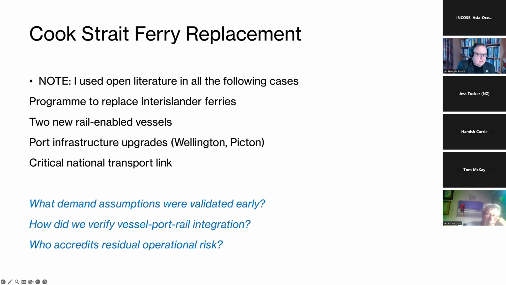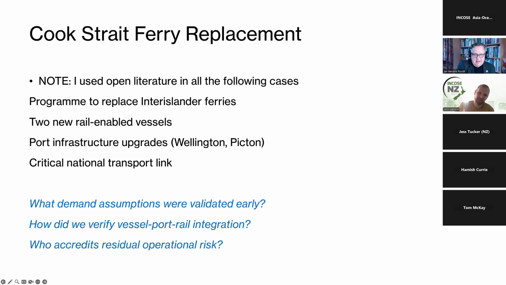So anybody want to perhaps raise a comment on this before I go to my last slide and my summary of what I see the V doing? John? I could perhaps comment a little bit on this, maybe on the City Rail Link side of things, and reinforce a comment that I made at the INCOSE New Zealand conference last year around the use of a concept of operations for developing this initial understanding of assumptions and giving something to validate against.